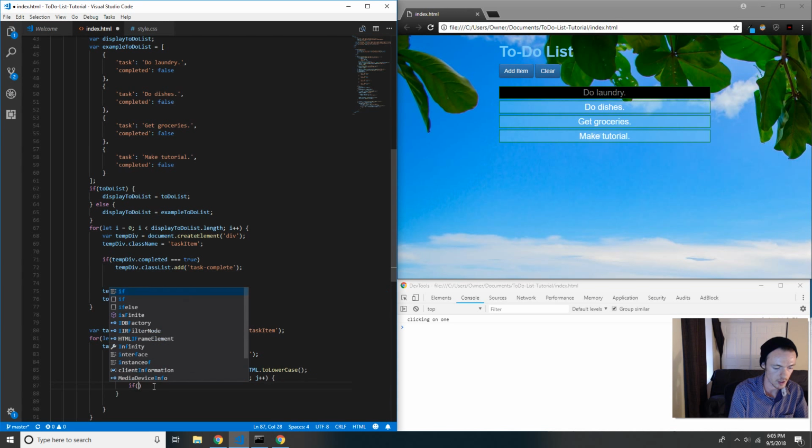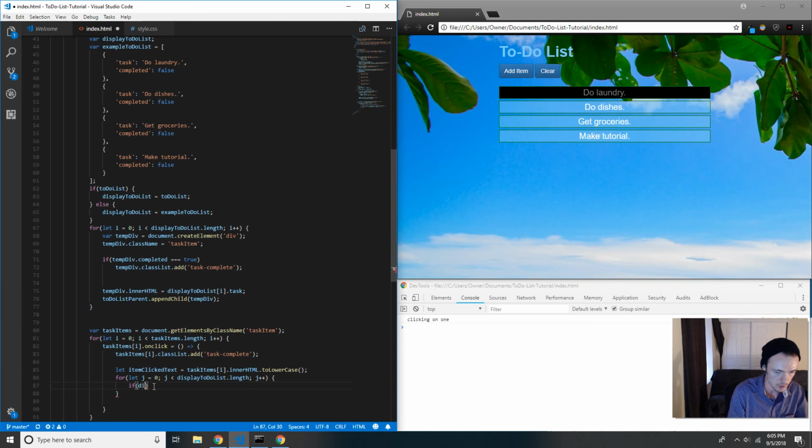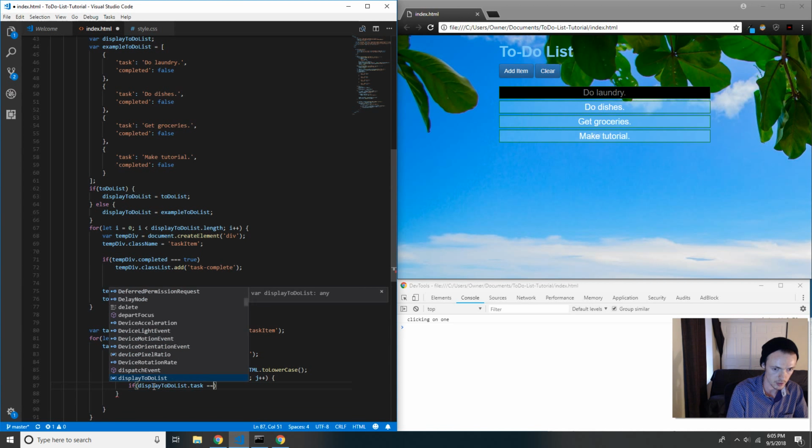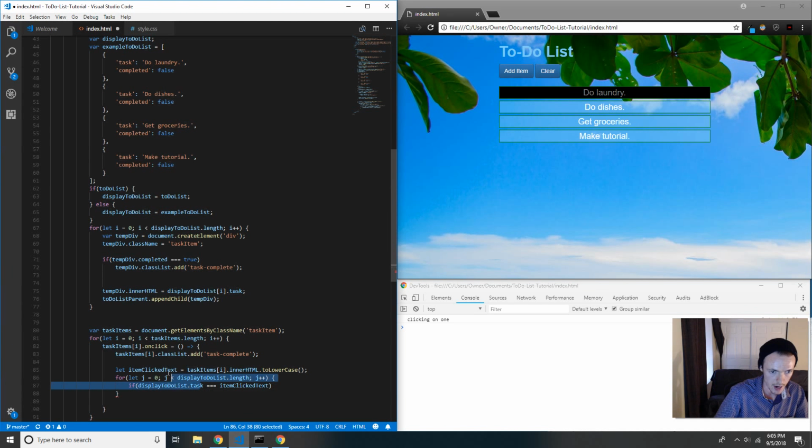And so we're going to say if displayToDoList[j].task is equal to the itemClickedText. So if the task, this thing, is equal to itemClickedText, of course this has to be .toLowerCase() as well, right? So if the lowercase version of this is equal to the lowercase version of this, then